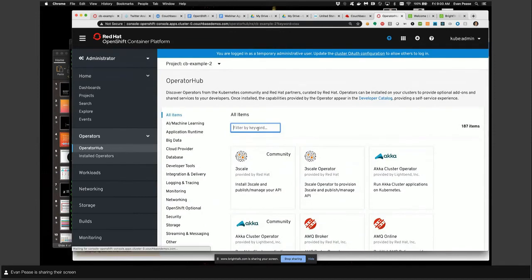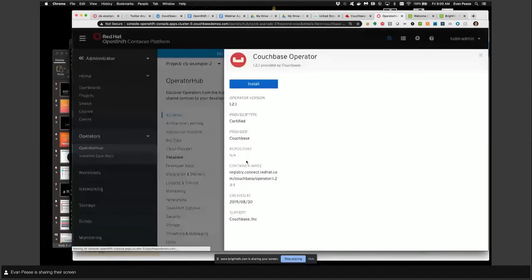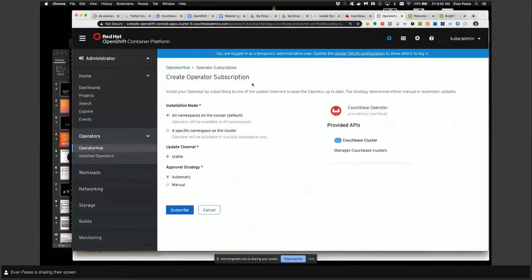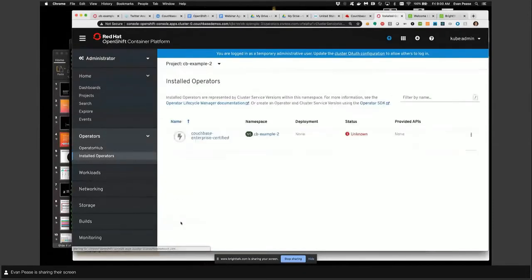and search for Couchbase, you'll see this right here. Click Install. And I'm just going to install it into this project. We'll see the operator get installed here. It'll just take a moment. Okay, so the operator is now installed in this new project. And so we obviously did use Operator Hub here to install the operator. You don't have to go that route. You can obviously also use the command line, the OC controls to do the installation the traditional way.